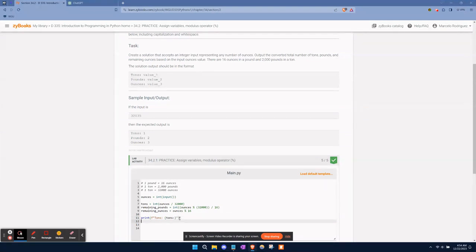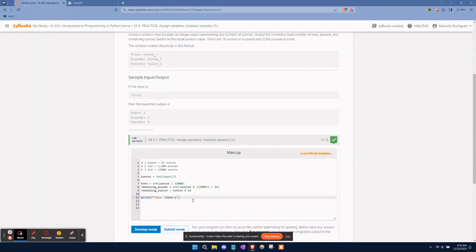Okay, so now the next thing we're going to do, and pay attention to how this is laid out: it's tons on one line, pounds on one line, ounces on one line, right? They're each on their own line. A lot of people would add these all, and there's different ways of course to program this. You can create a new line or however you want to. I recommend just the simplest way. Why overcomplicate it when it's something pretty straightforward? So go ahead and just create a new line of code,